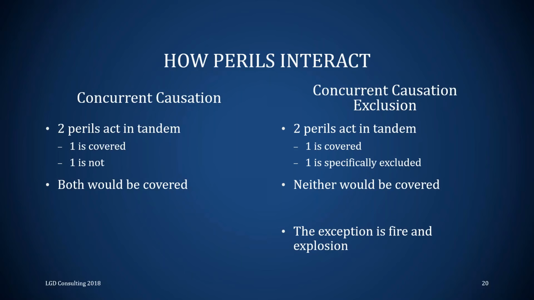Okay, and that is represented in a possible test question you may get, where an earthquake destroys a building. During the collapse, there's an explosion of the gas line causing fire damage. And so it's determined by the adjuster that 50% of the loss was caused by earthquake, 25% of the loss was caused by the explosion, and 25% of the loss was caused by fire. How much would the policy pay? And the policy would pay 50%. It's only going to pay the 25% fire and 25% explosion part of that loss. Okay, and that's where that comes into play.